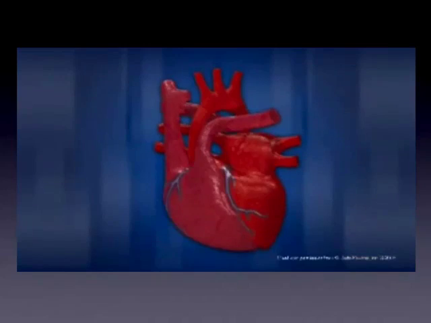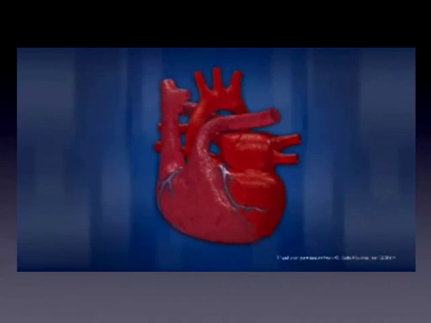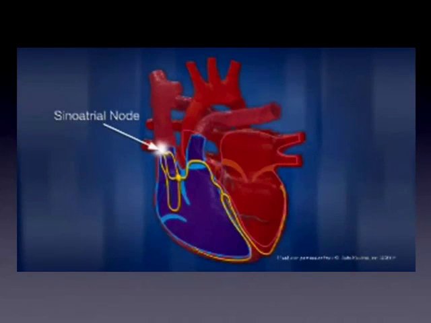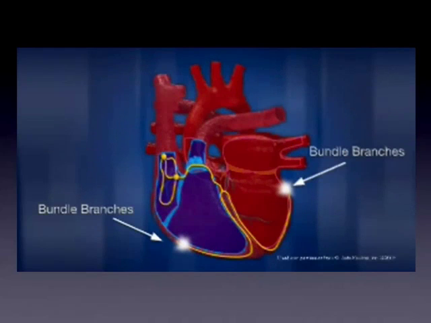The beating of the heart, which is its rhythm, is regulated by electrical impulses generated by your heart muscle. These impulses begin in the sinoatrial node and cause your heart to contract. Sometimes the sinoatrial node is also referred to as your heart's natural pacemaker, since it keeps the heart rate constant and consistent. The impulses then travel to the atrioventricular node, where the signal is checked and then sent through the ventricles, which causes them to contract. Your heart rate can change